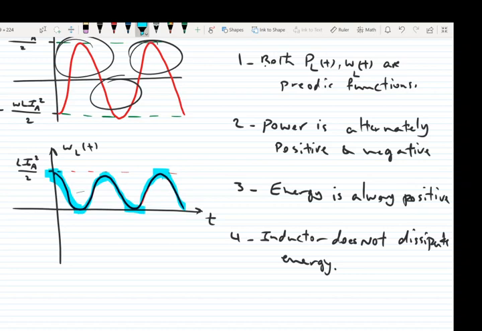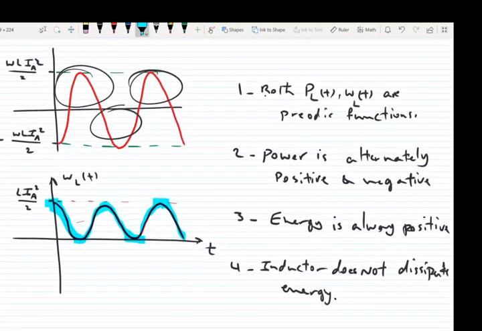It means that if we have an ideal inductor and we connect it to an electricity outlet in our home, we will receive absolutely no energy bill for this inductor, because the same amount of energy that the inductor gets from the electricity network in the first half cycle, it returns to the electricity network in the second half of the cycle. But it has to be an ideal inductor. Okay, we will discuss it in detail later about energy networks, but for now,